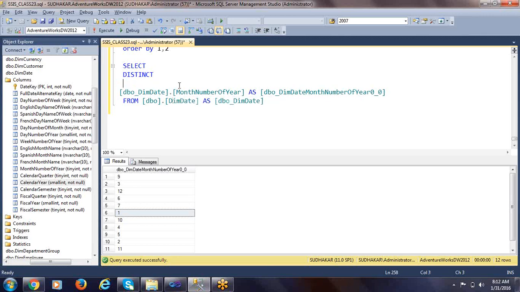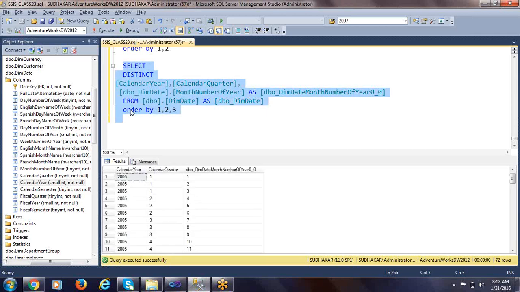So what if I include calendar year, comma, calendar quarter, comma, then month number of year, and order by 1 comma 2 comma 3, because I want to select each and every month. I want to identify each and every month available in a calendar year. Even though you select only calendar year and month, that is also fine, but for more clarity I want to